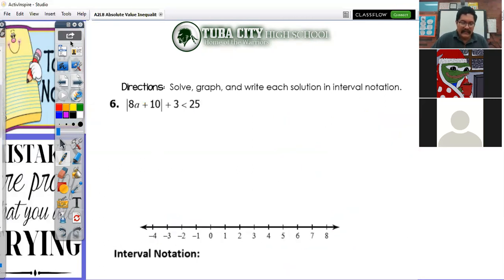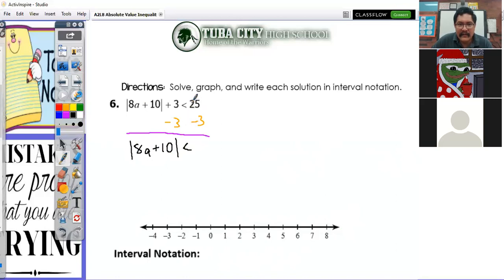Moving on, same thing, we got to isolate that absolute value. First thing we got to do is isolate it. Once it's isolated, I mean, if you remember what I said on that number 1, there is a way to do it without it, but you'd have to switch a whole bunch of signs. But it's just easiest. You're not going to get the wrong answer if you don't isolate it, but it's just the easiest thing to do. All right, the absolute value of 8a plus 10